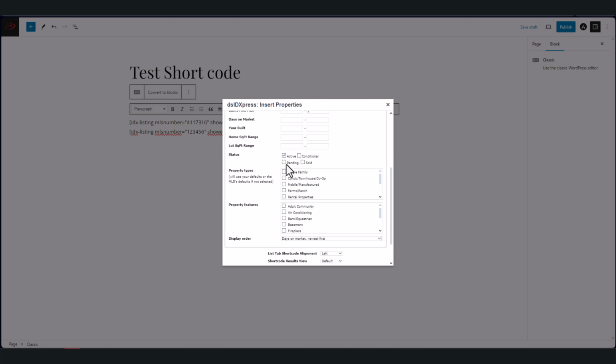If you want pending and conditional, then you will checkbox these two options. Same case with property types. If you want to narrow it down to maybe like single family listings, then you will checkbox this option. Or maybe you also want to cover multifamily, then you will also checkbox multifamily. If you do not checkbox any of these options, it will automatically show all the property types in the Almond